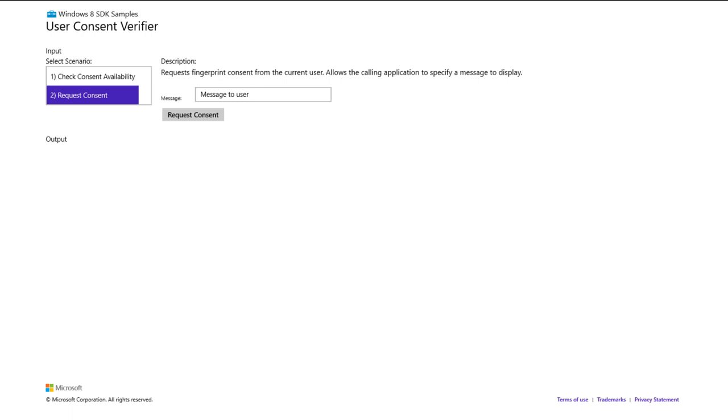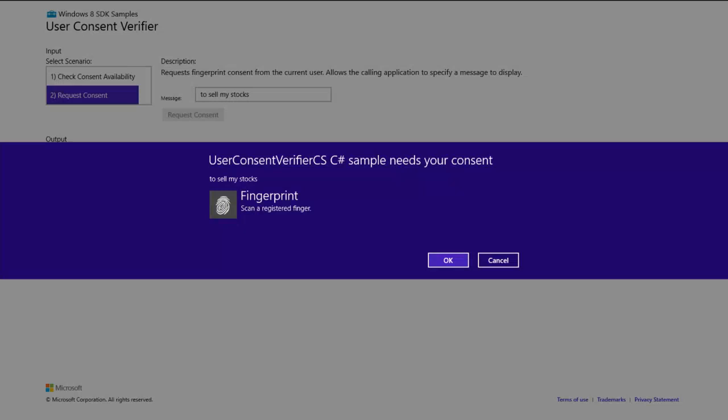Or, for example, there is some app that needs to deal with your financial data, taxes, something. Maybe you don't want anybody to open this app. So those APIs would be for those folks. Let me show you what it looks like. Again, the developer can specify what we consent to, say, anything to sell my stocks. And we will request consent. Sorry for the look and feel of that, but everything can be changed. So the developer would be able to request consent for their specific application.